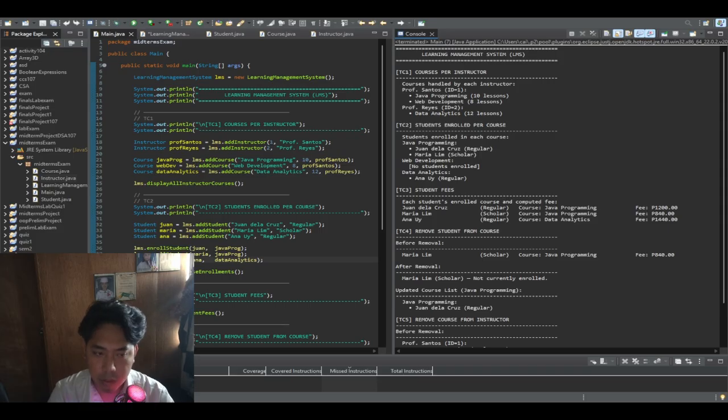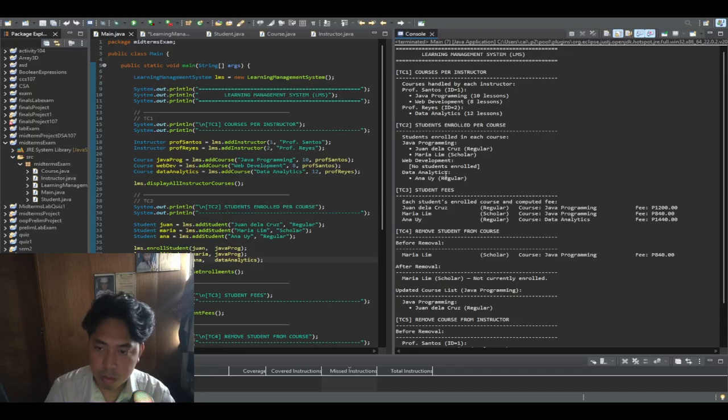After setting everything up, we call display all instructor courses, which loops through each instructor and prints the courses they handle. The expected output shows Professor Santos with two courses and Professor Reyes with one, confirming that the assign course method correctly linked each course to its instructor.